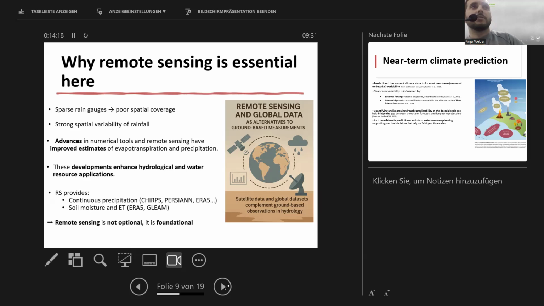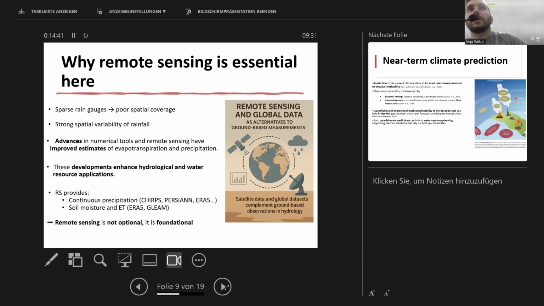Remote sensing will be an important source to complement our ground-based observations. So we need to select the most appropriate and accurate product among the freely available products such as CHIRPS, PERSIANN, ERA5